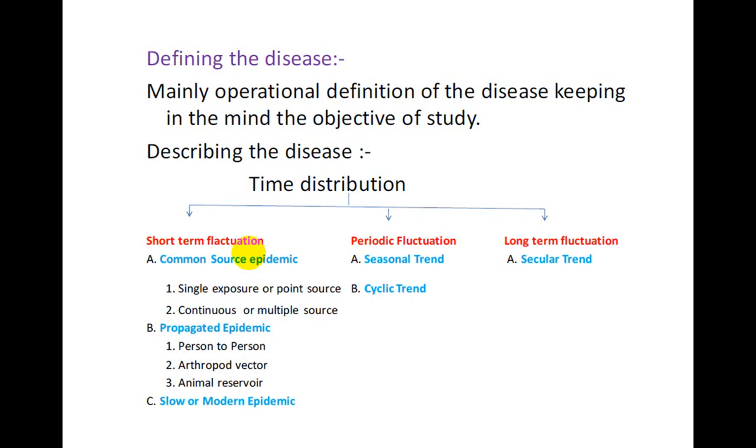Periodic fluctuation: the second time distribution. It has two types, seasonal trend and cyclic trend. First we will discuss seasonal variation, also called seasonal trend. Seasonal variation is a well-known characteristic of many communicable diseases. For example, malaria and upper respiratory infections. Measles is usually at its highest in early spring, and upper respiratory